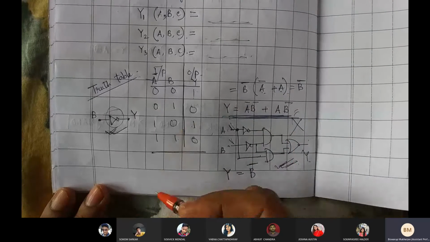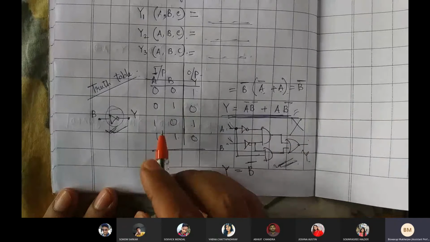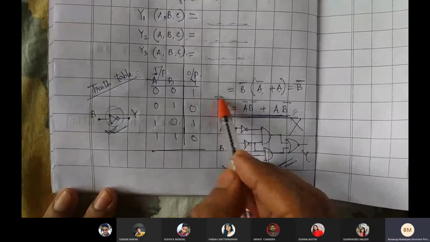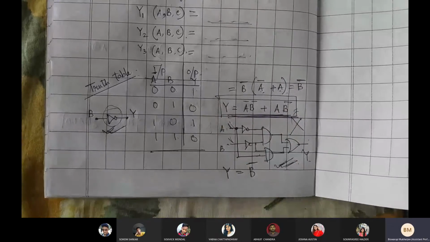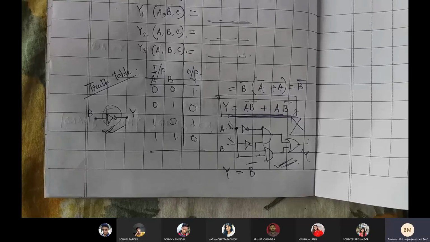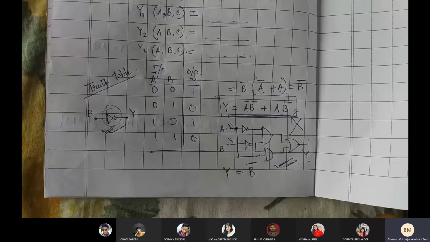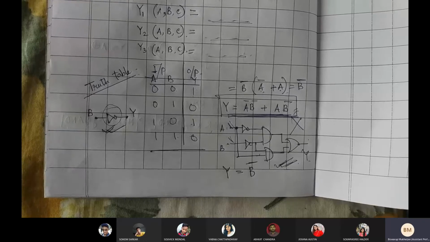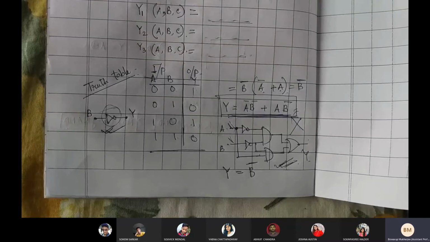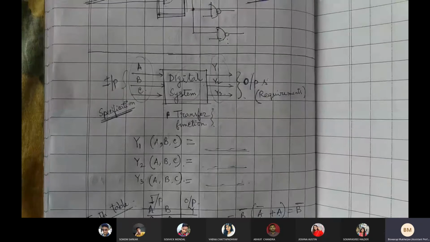A good engineer or a good designer will make the design in such a manner that the Boolean function is also minimized. So that's the next step. First, we need to know what my inputs and outputs are. Accordingly, we create a table called a truth table. Then we find a Boolean function, and make sure it is minimized in nature. What is a Boolean function? In a digital system, the relationship between output and input is called the Boolean function. Make sure about this one.